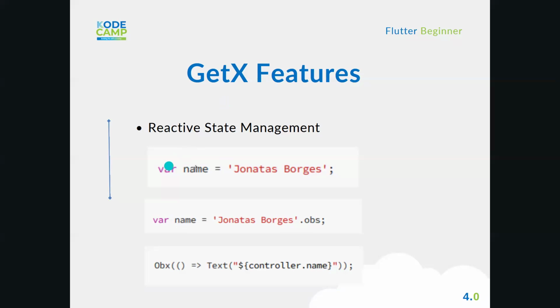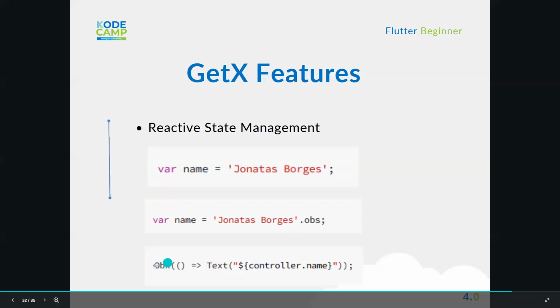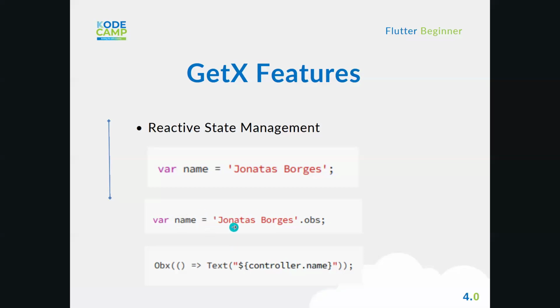Here is just a variable, but here, by adding the .obs, it becomes an observable variable. So it listens. Assuming there's no OBX here, assuming you just have a text with a controller, and then you're accessing this name, especially when it's declared in your controller class, you can create an instance. Don't worry, we'll get to do some hands-on on that. Okay, so